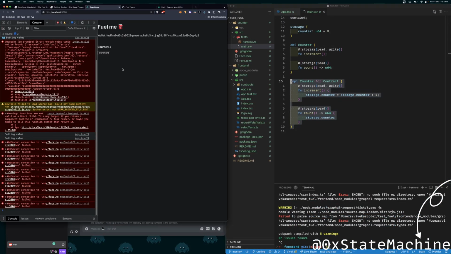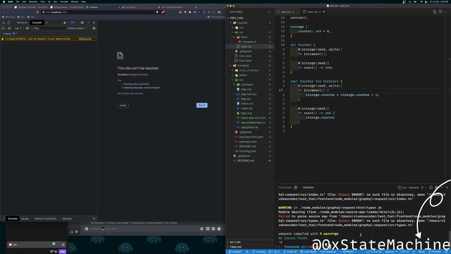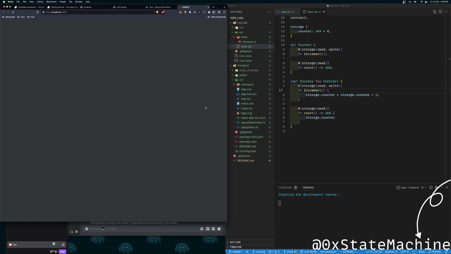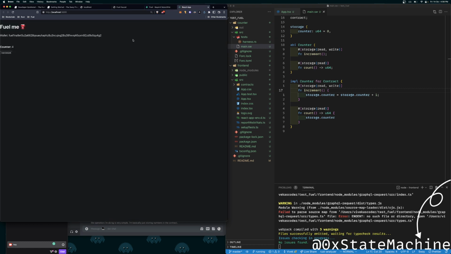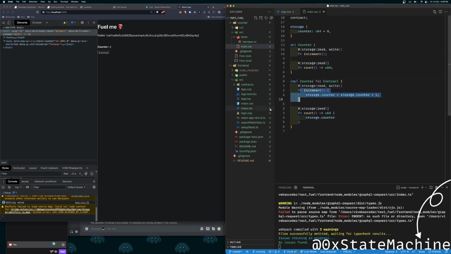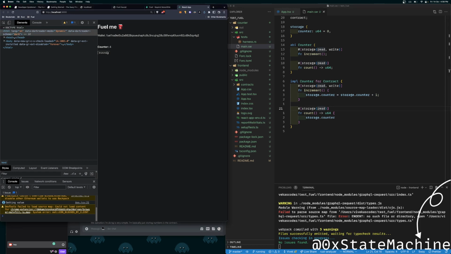Also, it's very fast, and one second, if I show you, fuel, yeah. So if I show you, when I click on increment, it actually calls this method called increment in my smart contracts and updates the counter. So if I click here, and you can see it's done. It almost takes barely 1 or 2 seconds to finalize the transaction, which is cool. So this is why it's awesome.